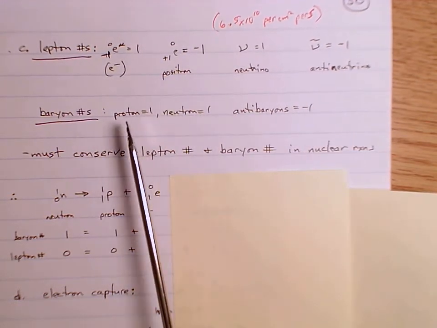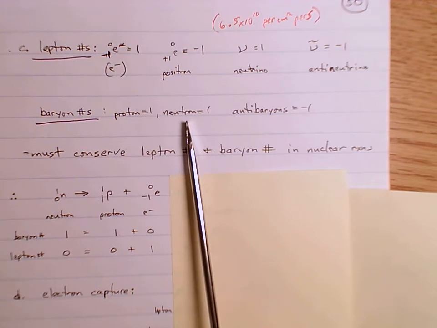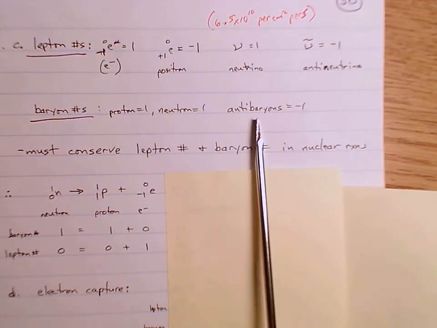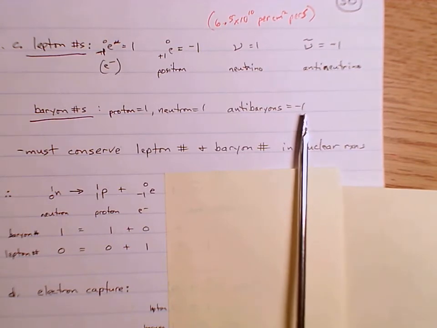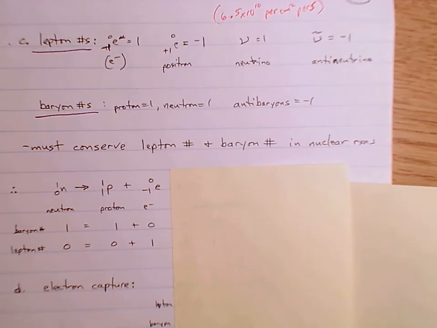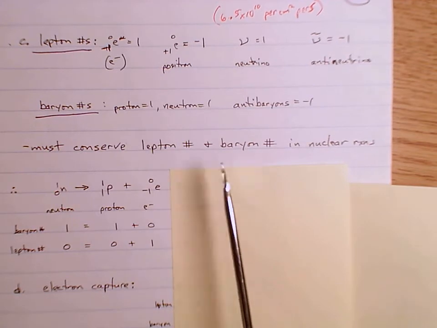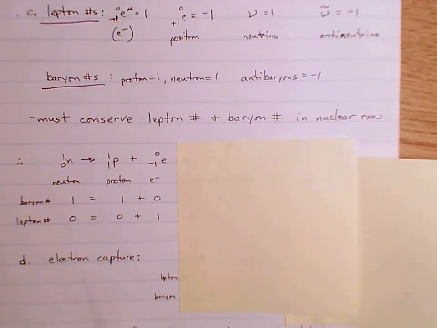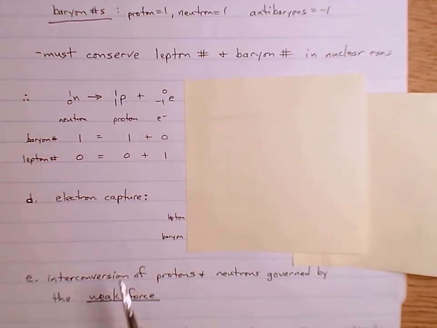Baryons, the particles, protons and neutrons have baryon numbers of 1. The antiproton, anti-neutron would have -1 as a baryon number. So we must conserve lepton numbers and baryon numbers in these nuclear reactions. So when we look at this,